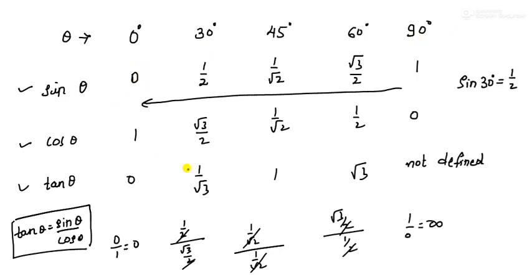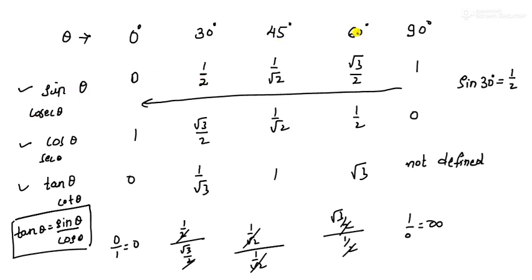Okay, it's done. So now what type of questions will you get in this? But before that, let me tell you this. I have not told you to byheart cosec theta, sec theta and cot theta. Why? As we all know, cosec is the reciprocal of sine. So if I ask you what is sine 30, it is 1 by 2. What about cosec 30? It will be 2 by 1, that is 2. Just reverse it, just write its reciprocal.